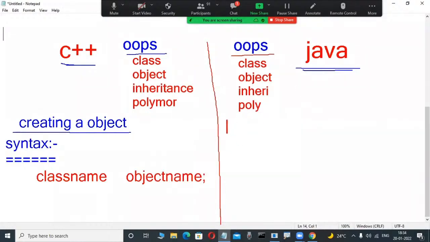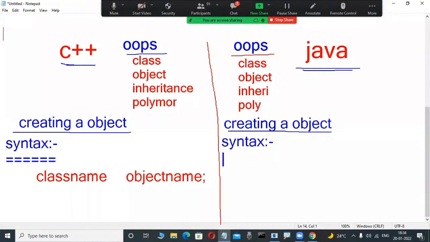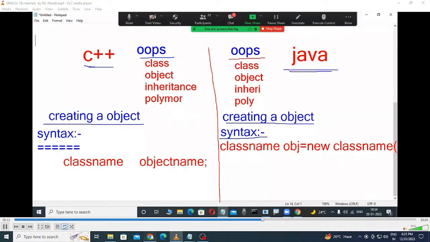Suppose the same creation of an object is there in Java also. Now observe here. Creating an object from a class in Java. Anybody technical here? Maybe tell me the syntax roughly. Maybe many of you are good at Java, Python, these languages in an academic career. Yes, very good. Some are telling correctly: class name, space, object name equals new class constructor. Is some other syntax there or not? Yes, observe here. That's why these two languages are syntactically